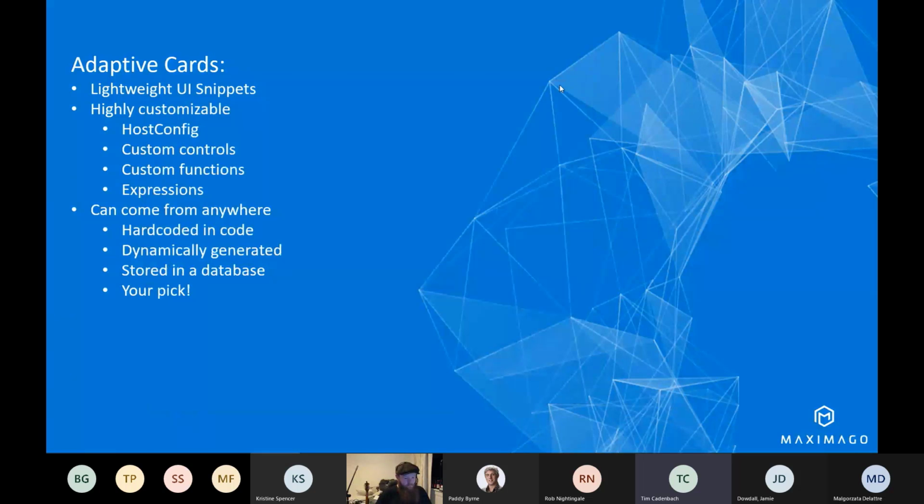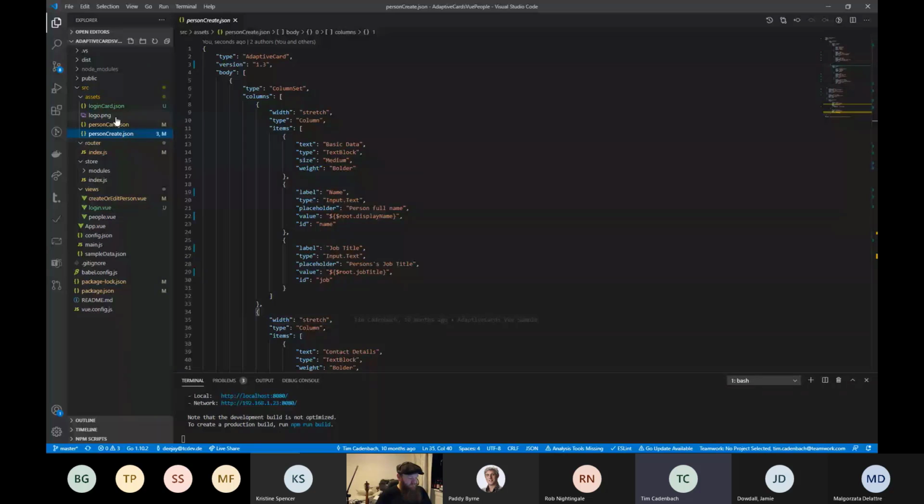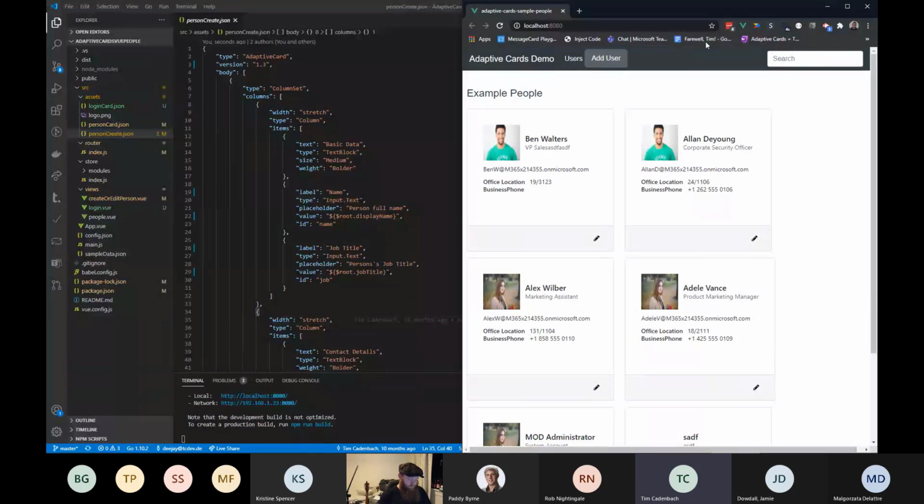In this example I have my card stored here, so it's pretty hard coded in the code. But these two cards could easily come from a database, and in this case, users of your app could customize that list here, for example, without any problem. They just have to change the card, and the UI is changed for them. That's pretty powerful, and many people don't really think about what you can do with it, and that's why I wanted to show that. Adaptive cards also help you a lot with minimizing things you usually have to build and